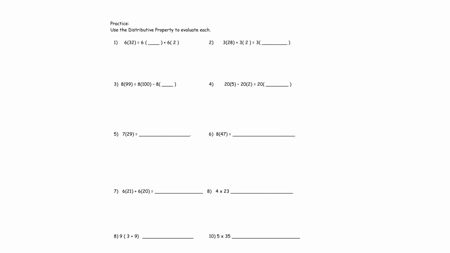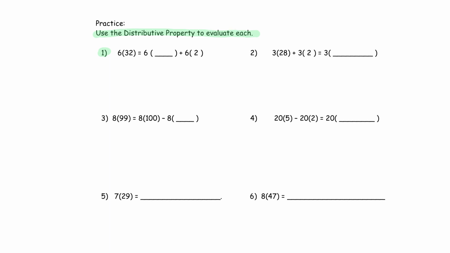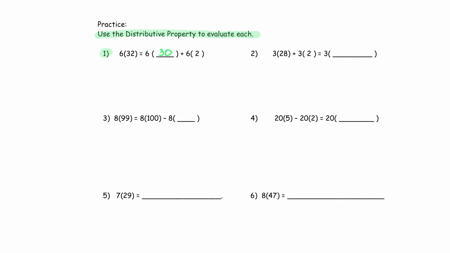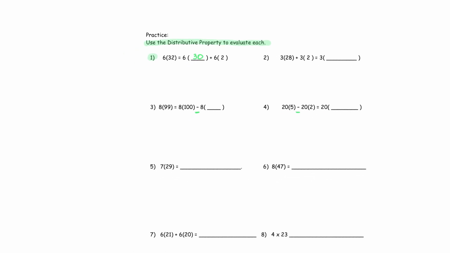This is your homework page practice. Notice it says use the distributive property to evaluate each. So for some of them, just real quick, for example, number 1, I'll just do that one quickly with you. It says 6 times 32 equals, now notice, sometimes we give you a little bit of clues. 6 times 30 plus 6 times 2. And then you go ahead and you would solve. Okay, looking through anything unusual, not really. Number 3, you have a subtraction. Number 4, you have a subtraction. And everything else, you should be